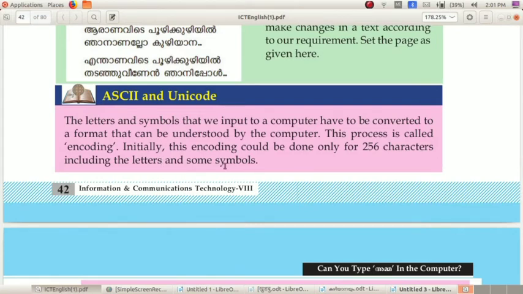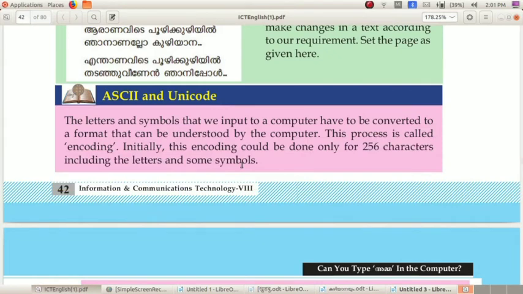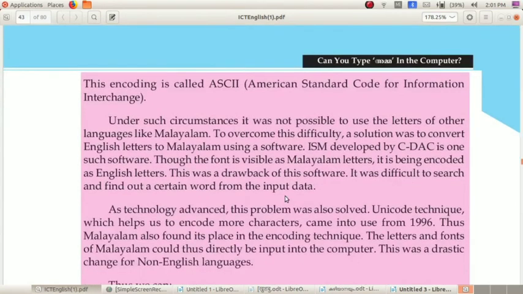Okay, so in ancient times there were only 250 characters that could be encoded. So there was a limitation for encoding, but today we can encode any language. We can type any language in the computer.